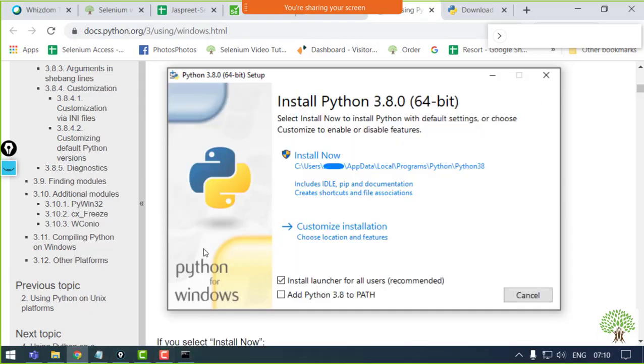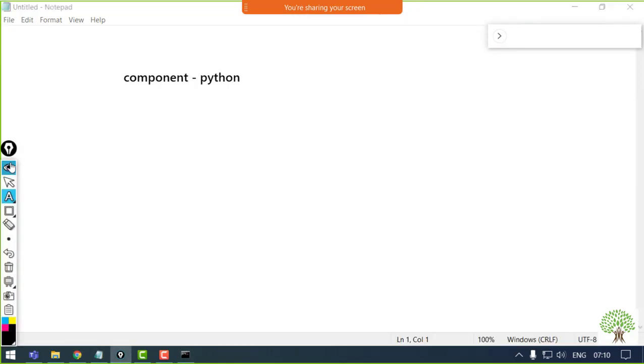After that, the first component is to install the programming language. Now the second component is basically the place where we are going to write the code. That is our IDE. In Java we use Eclipse, but for Python there are 2 different IDEs available and you can work with both of them.